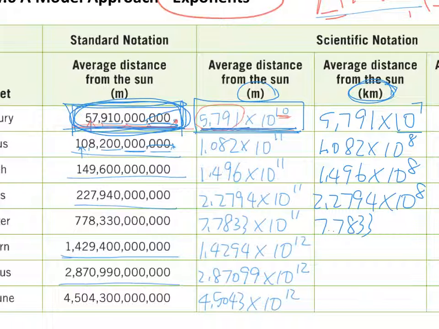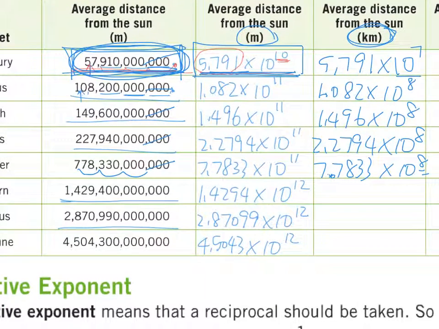7.7833 times 10 to the 8th. Because this is all about dividing by 1,000 and you're losing 3 zeros. So if you count your places, that's going to be 3, 6, 8. And that's 10 to the 8th power. And the next few, if we finish that, we'll have